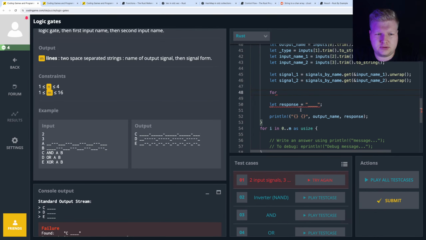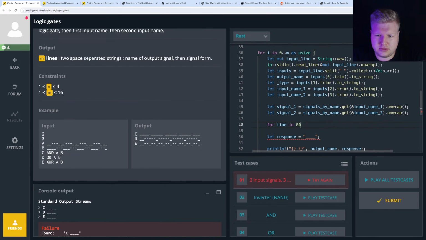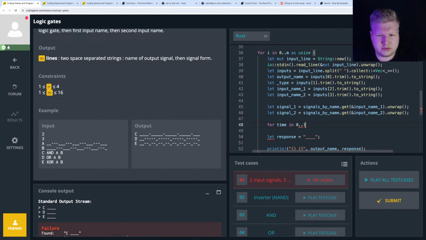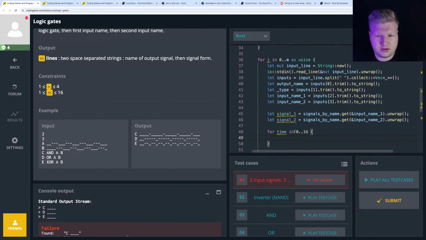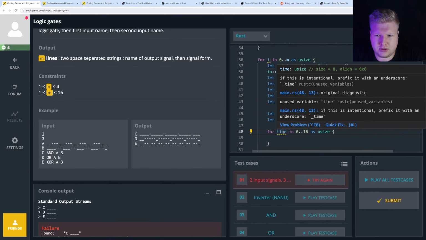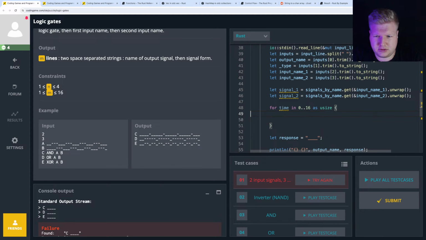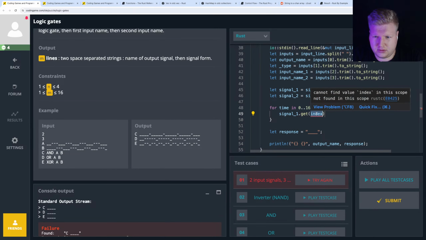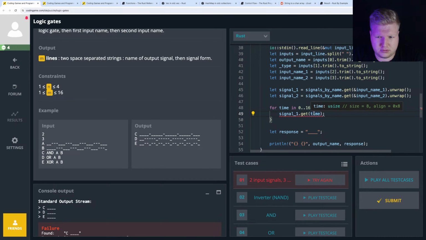We are sampling, so we can call it like for sample, for time in 0 including 16, a small number, so we can do it like this, and signal 1 get, and time, working, and unwrap again, let this one,